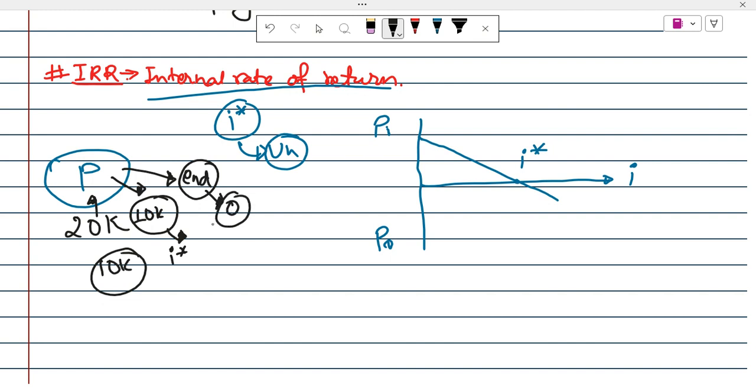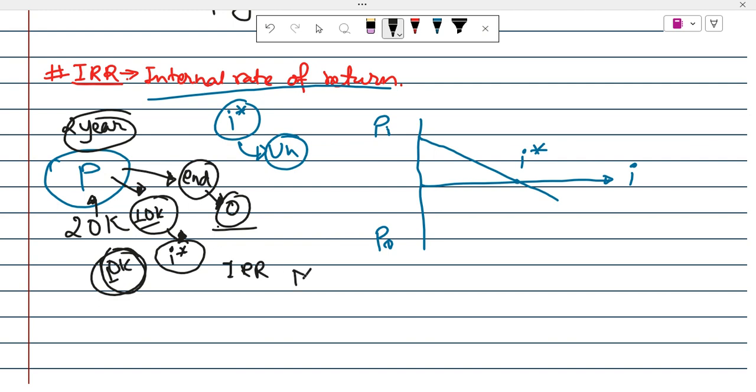It means, suppose we have a 2-year tenure for this project, and from the first year I recovered 10K, and from the second year I need to recover 10K, so that at the end of the 2 years my remaining unrecovered balance is zero. This required rate of return is known as the internal rate of return, and this has to be greater than